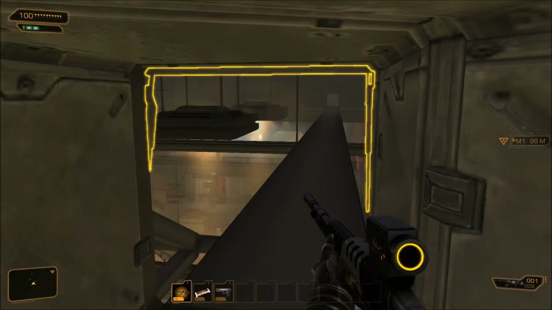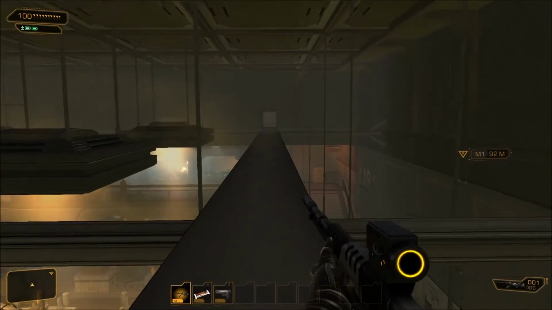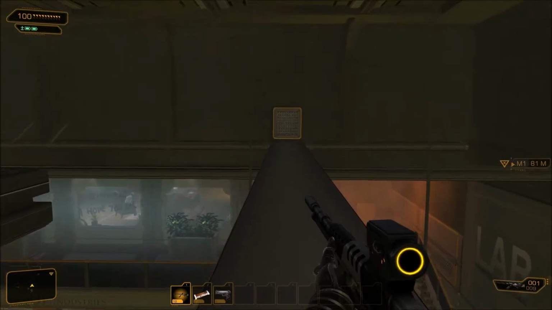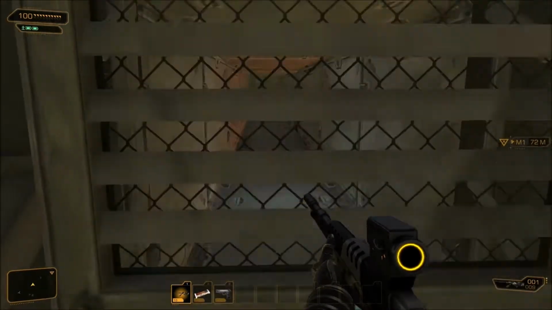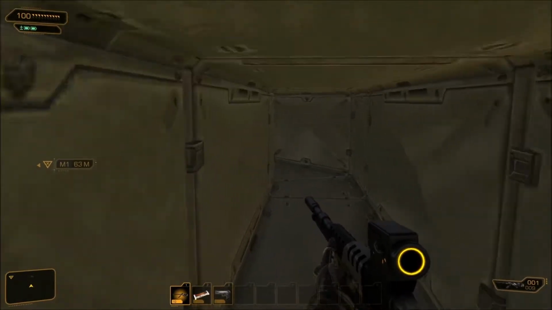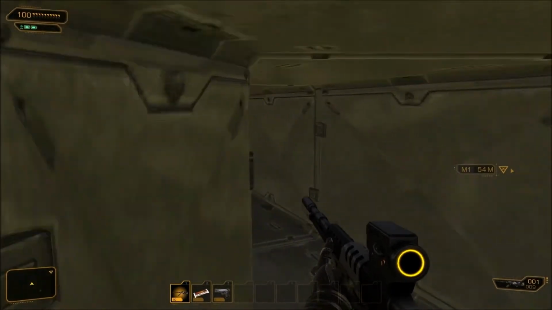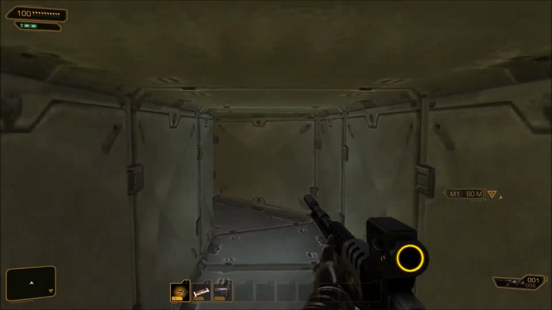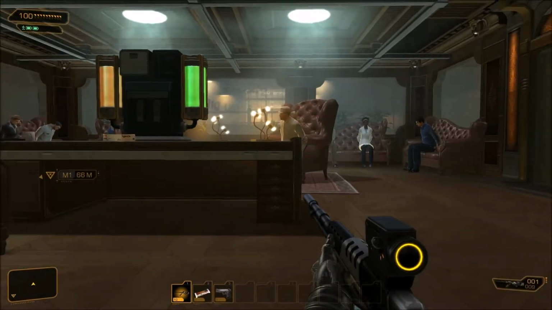Now I'm not too sure if they can see me up here. But it is still better to take this slowly, so that no one will attack me. And then, once I've gone through these air vents, I will be able to save some of the hostages that are being detained here. Just a little bit farther ahead. And...